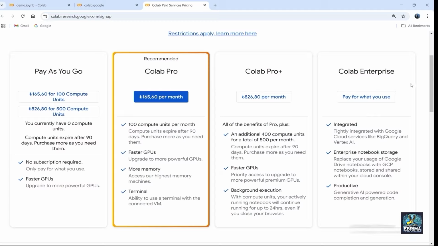The Colab Enterprise is for large scale projects with integrated cloud frameworks. But in our course, we'll be using the free Colab plan, which is perfect for learning Python and building exciting projects. However, if you venture into more advanced topics like deep learning, you might consider Colab Pro or Pro Plus for faster execution and better performance.